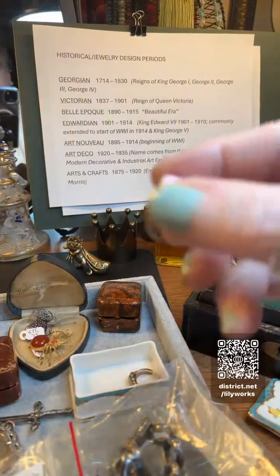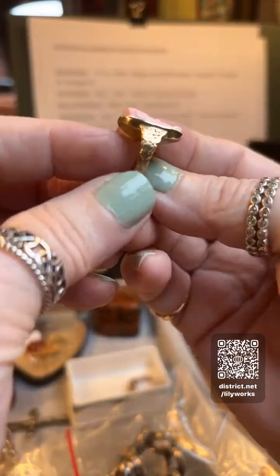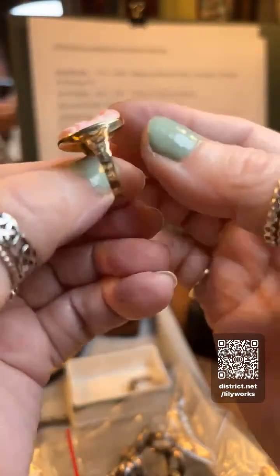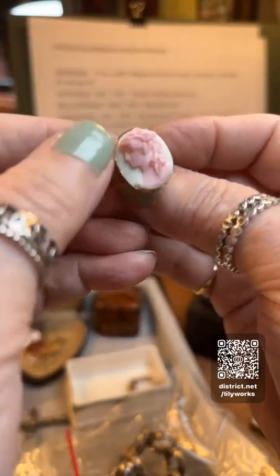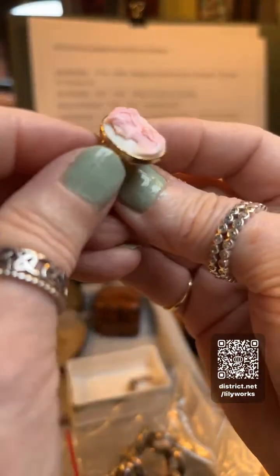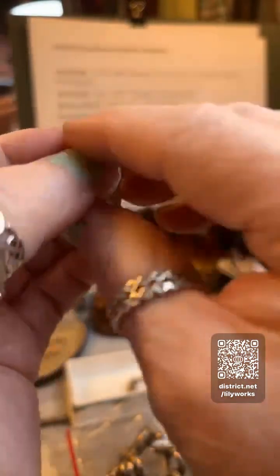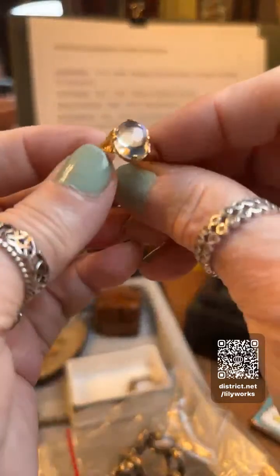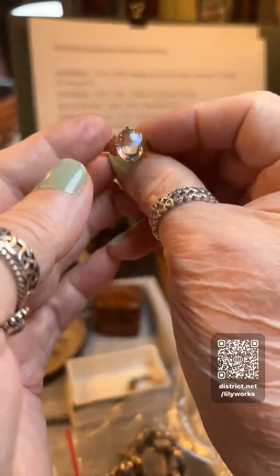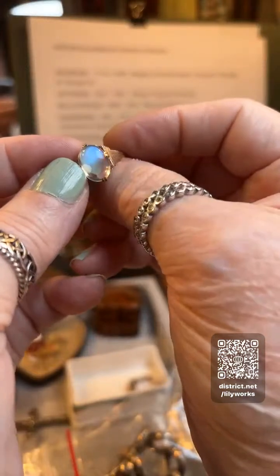Here's a neat ring. This is called Angel Coral, and this is early Victorian, I think. Angel Coral cameos are in high relief. That's a pretty ring. And then I will say Dana is absolutely an expert on things like Czech crystal and